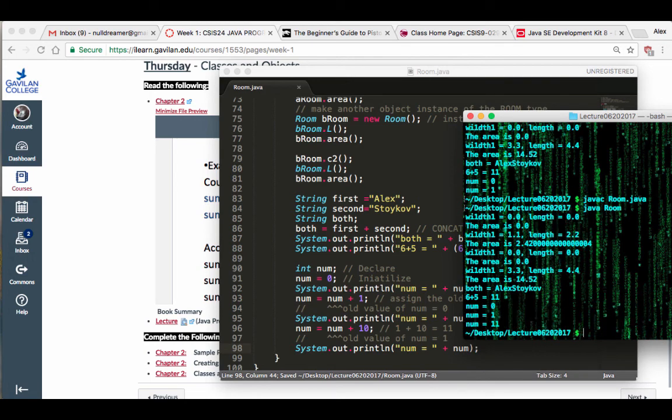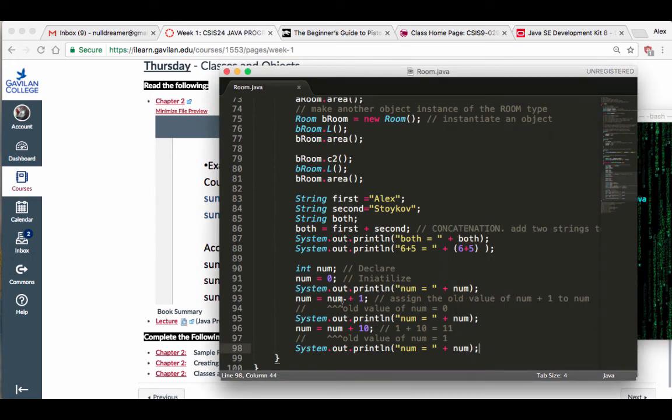Compile, run. Now it goes to 11. Okay, so that's the assignment operator. You're making one thing equal to itself plus something else. Okay, last thing,